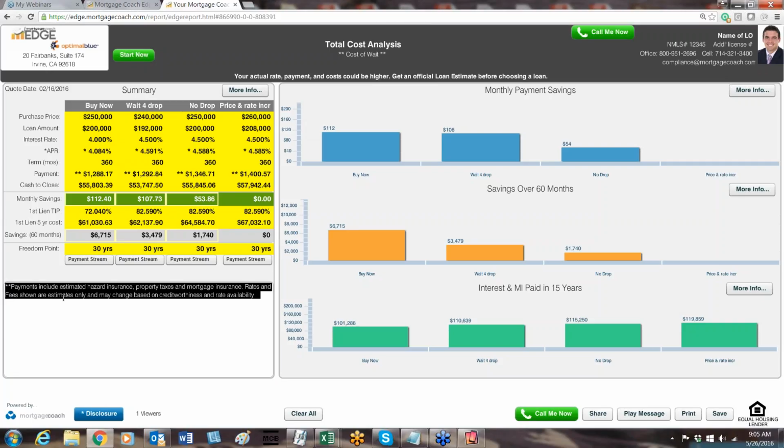So not only do you want to put phrases like "the payment includes estimated hazard and property taxes," but you do have about 11 lines here. So if you want to put any other kind of communication to your borrower, or like in this particular case, since it's a marketing presentation, you can also add more information about you or maybe how you can contact